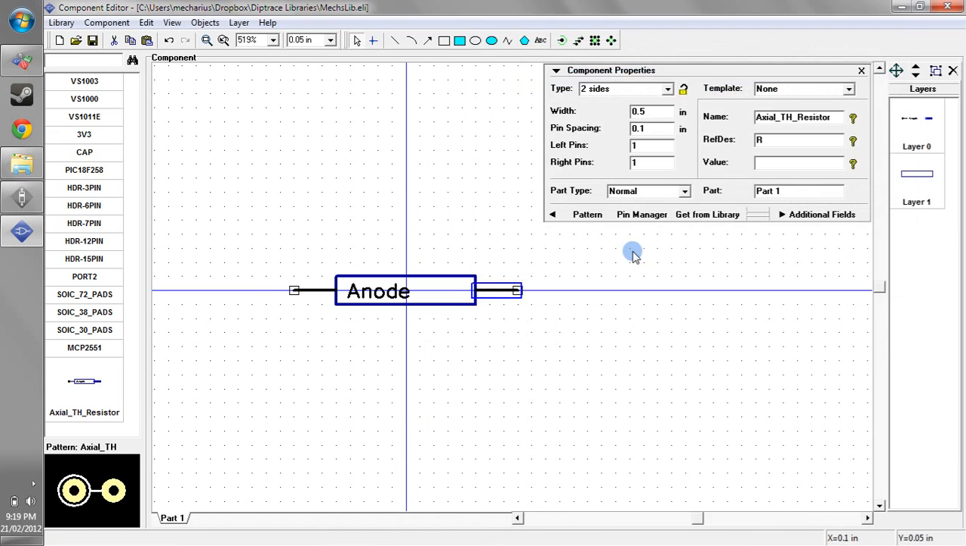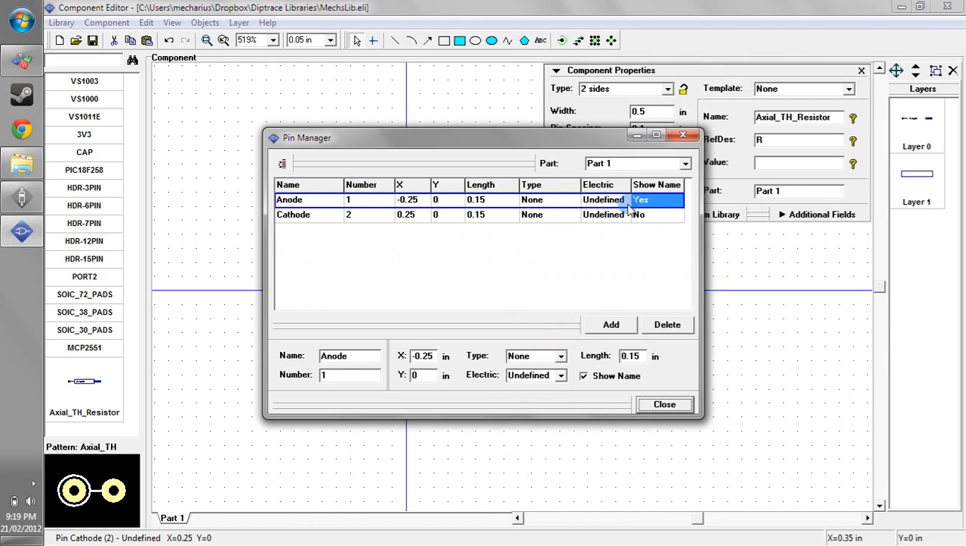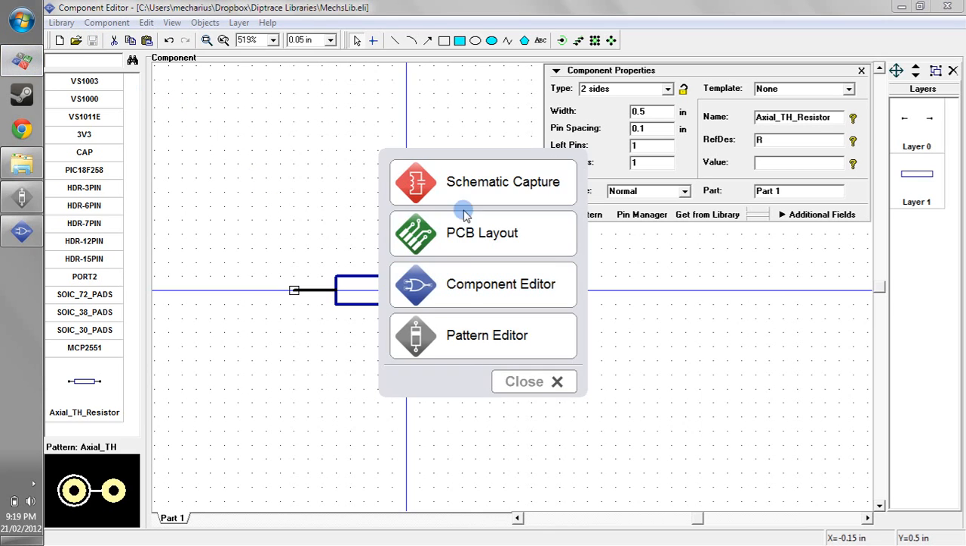So there you can see the schematic has shown it as an anode. Let's turn that off for now. So that's pretty handy if you've got an IC and you want to name all the pins, from all the different types that can be on each pin. That's probably enough for now. What we'll do is we'll jump into a schematic,